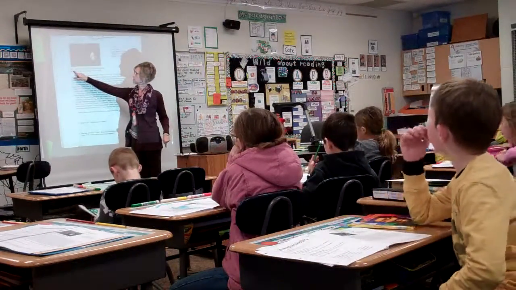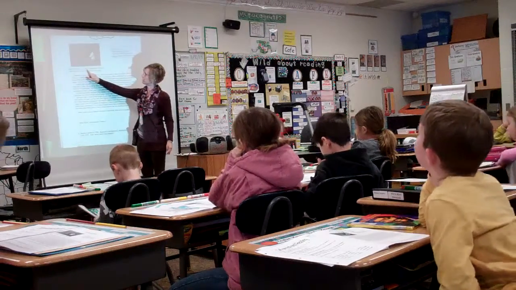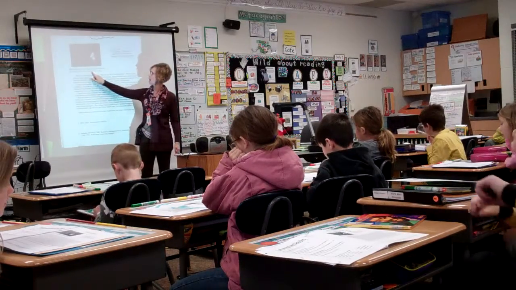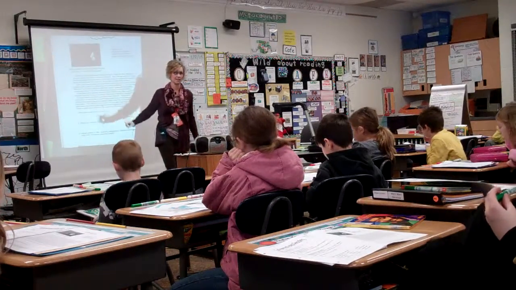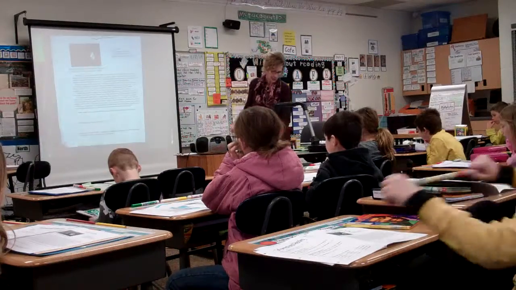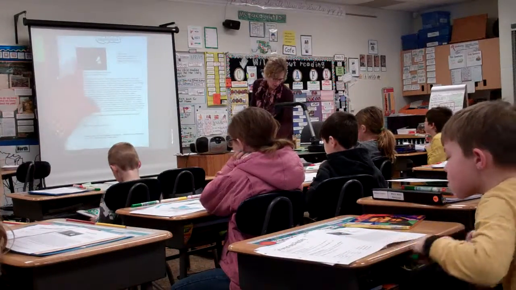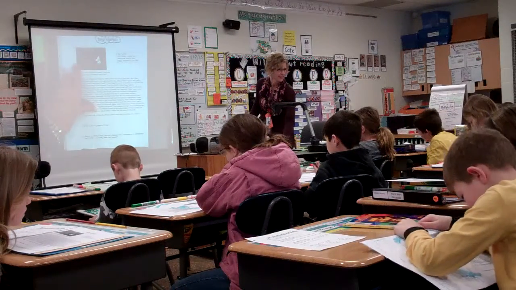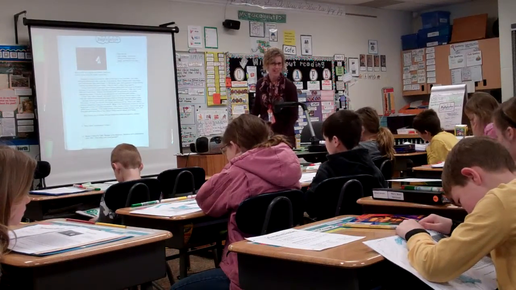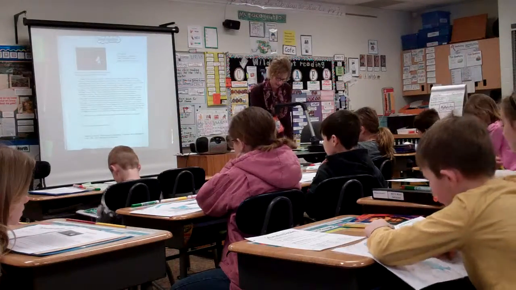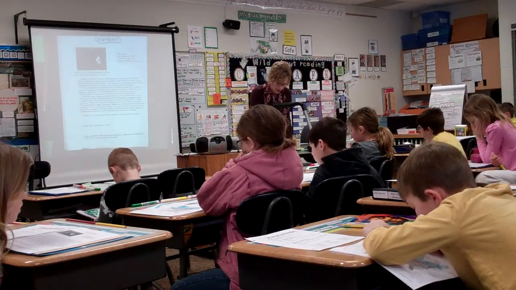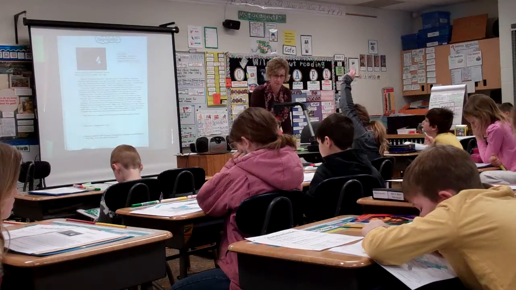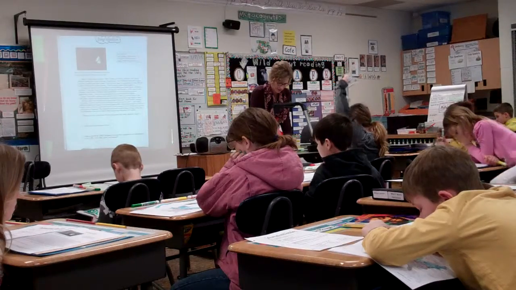Read it with me. Before the civil rights movement, this man had to get a drink of water from a can. Okay? So when you take a look at that picture closely, right over here, there's part of a sign in there. Can anybody make out anything that's on that sign? Allison, what do you see? The first word, it looks like it would be white. The first word does look like it would be white. The W is cut off, but the rest of it's there, isn't it? Leanne, what do you see?